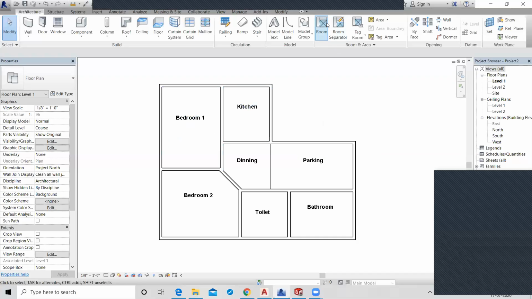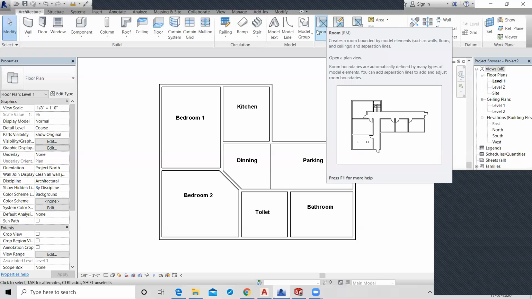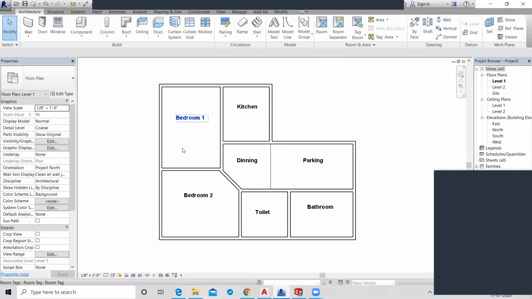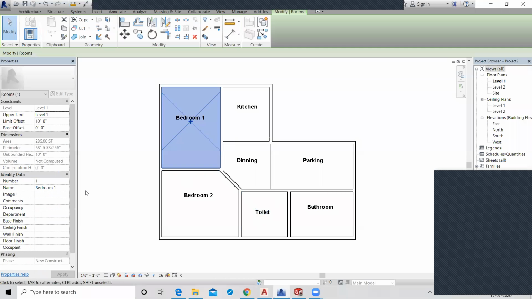When you in the starting have placed a room, so all the rooms' names are selected. You just select it and change the name from here. Yes, identity data.